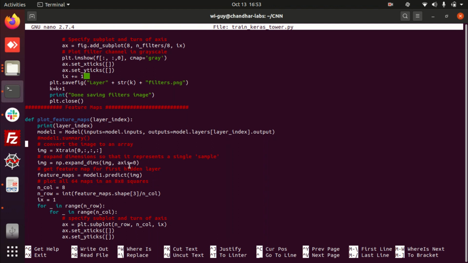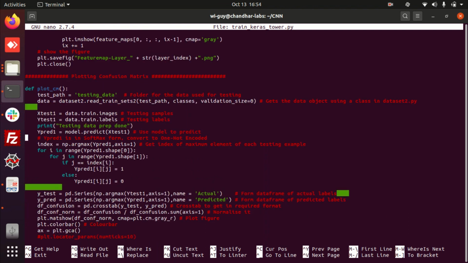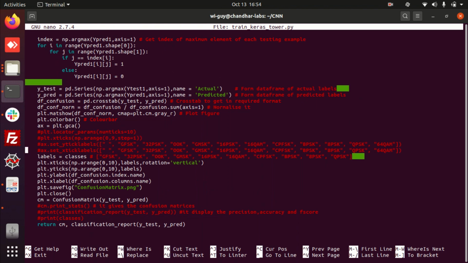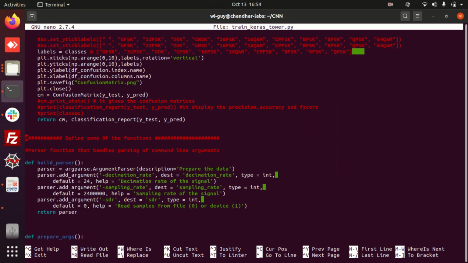Step by step we are going to see the feature maps in each stage of the convolution. Next is plotting the confusion matrix. To plot the confusion matrix, you need the test data, okay. Here you compare your predicted data with your actual data, then based upon the number of errors, your confusion matrix is created and plotted. Okay, these couple of lines are to plot the confusion matrix, and here you see the classification report, which gives all your necessary scores regarding your classifiers.